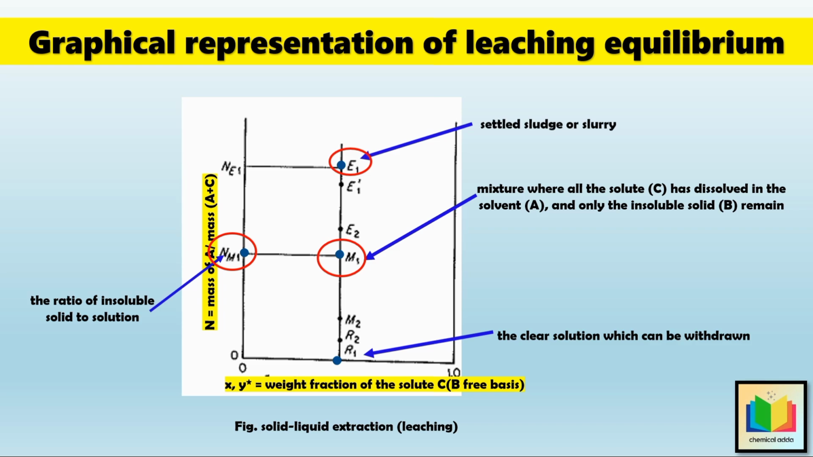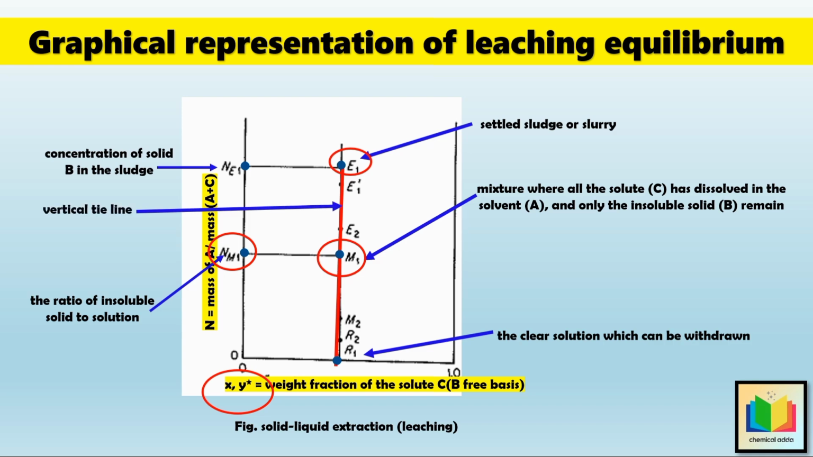Since the composition of the solution in the sludge will be the same as that of the clear solution withdrawn, we can assume Y equals X. Then point NE1 represents the concentration of solid B in the sludge, and its value will depend upon the time of settling. Then, the tie line E1R1 is a vertical tie line, joining the points which represent the two effluent streams, clear